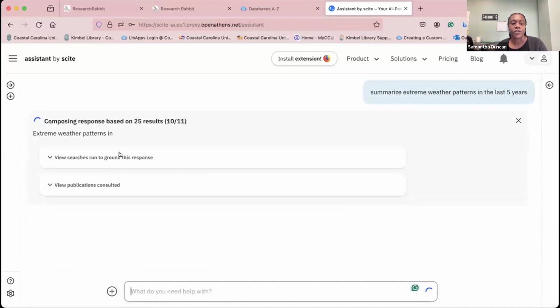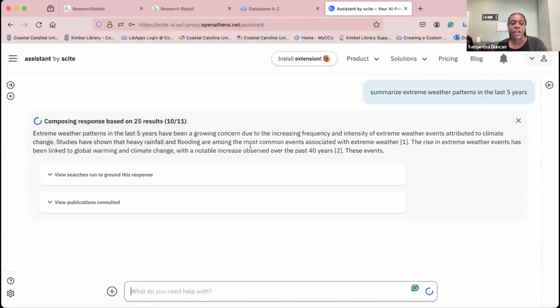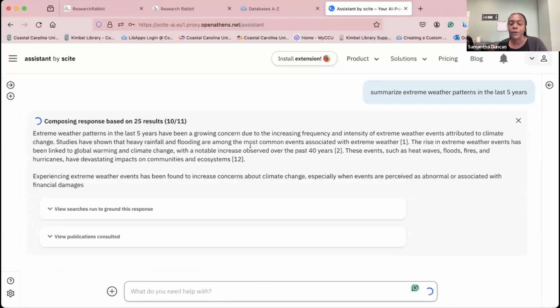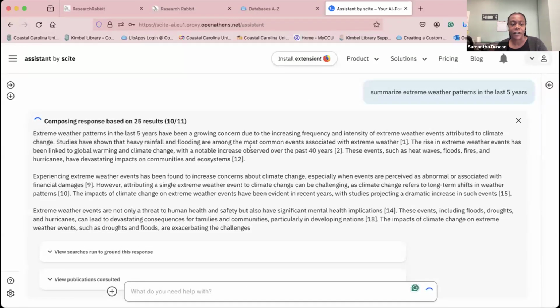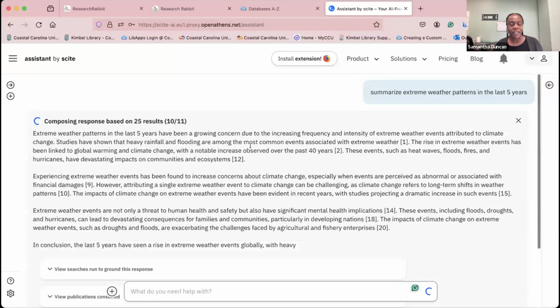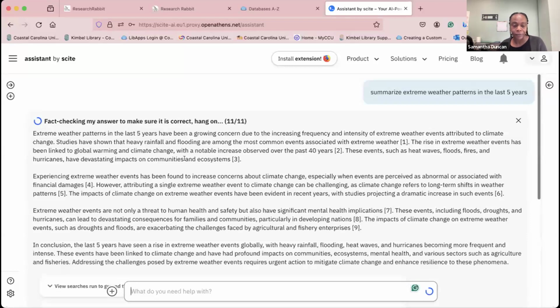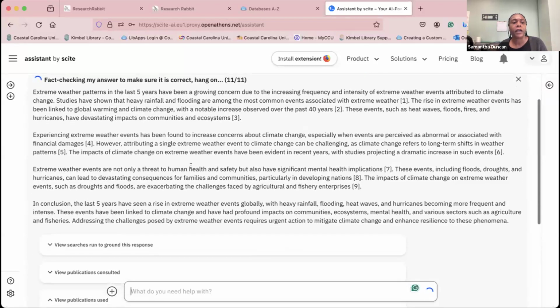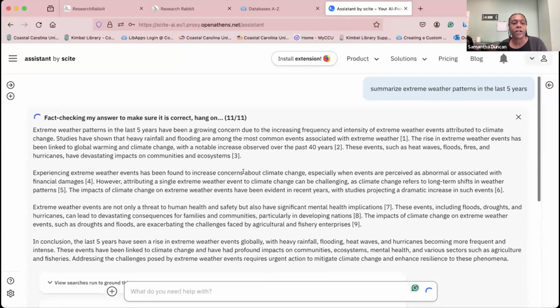What it's actually trying to do is generate a short literature review for me. Obviously, we don't encourage people to copy and paste this, but you can read over it. And then once it finishes generating,